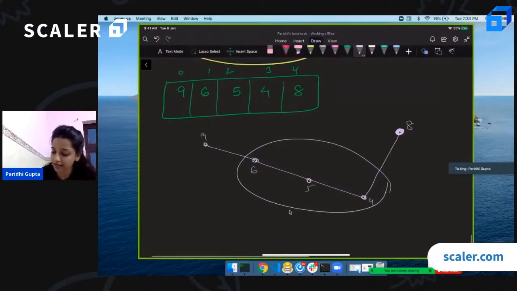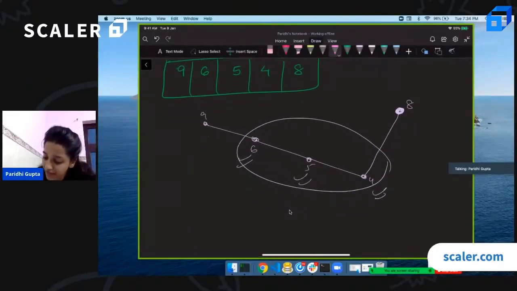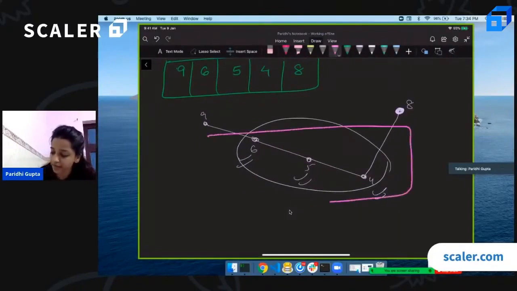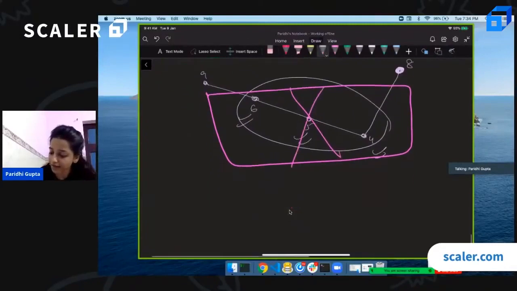So 8 will become the answer for 6, 5 and 4. Now that we have got the answer for them, can I just ignore these and start by finding the answer for the rest? Does that make sense?